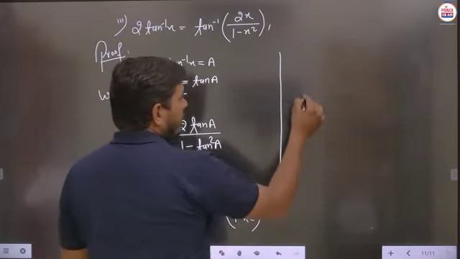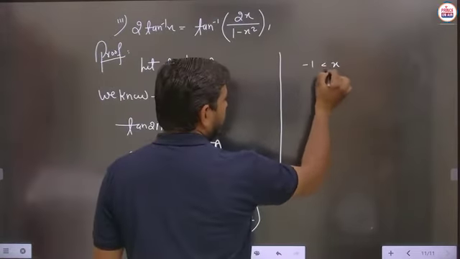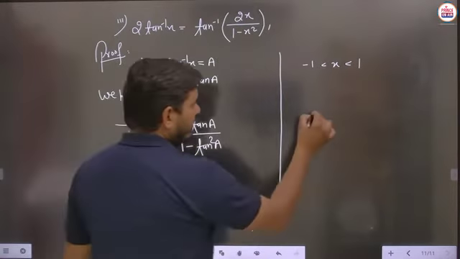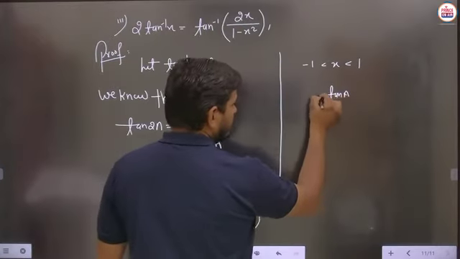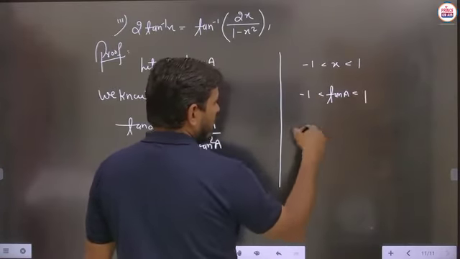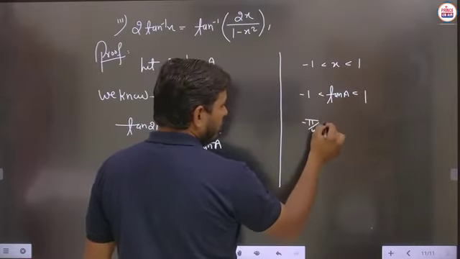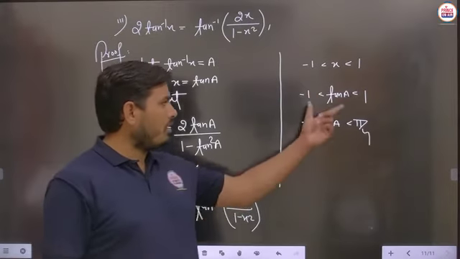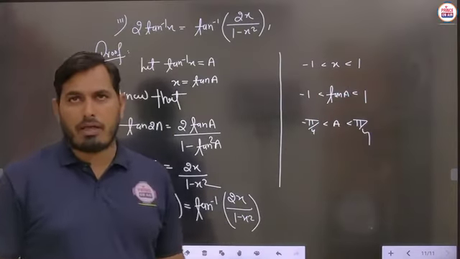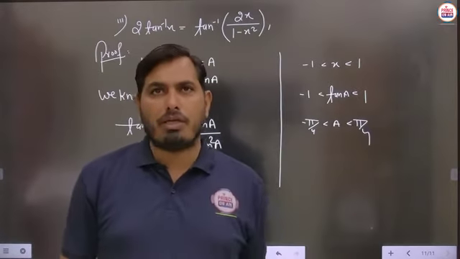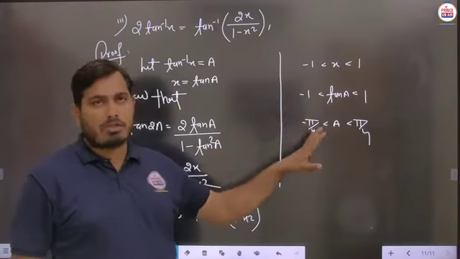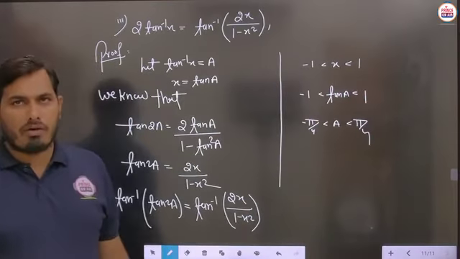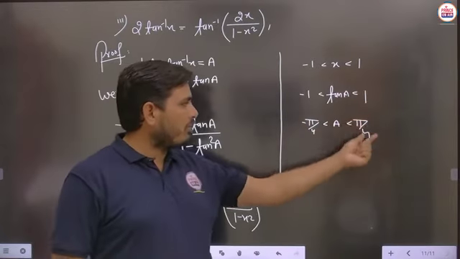Suppose we take this particular x from minus 1 to 1, then x is what? x is tan A. So this is minus 1 to 1. Now A is from where? Minus pi by 4 to pi by 4, because tan is an increasing function. So there is no problem of change in the sign of inequality, because tan and sine both are increasing functions. In the case of cos, the function is decreasing, so for a decreasing function we have to change the sign of inequality. But here, for this part minus pi by 4, for this part pi by 4 is to be there.